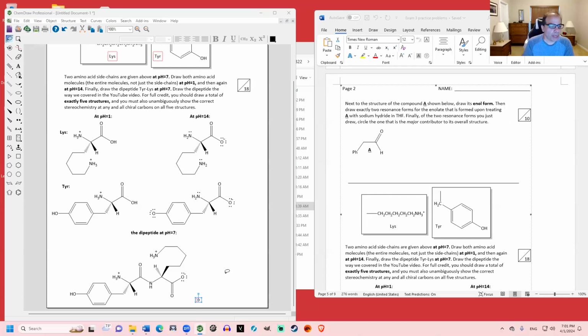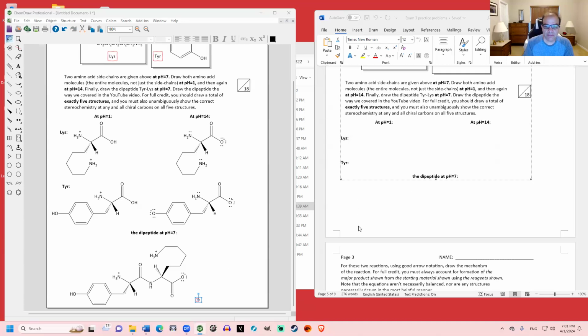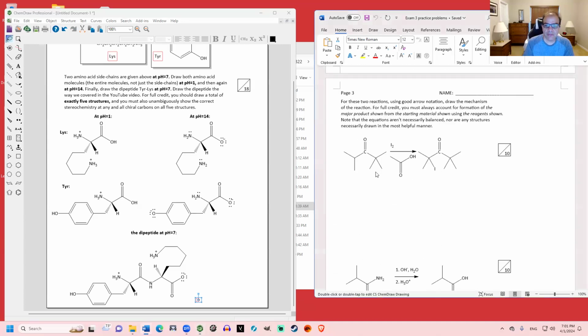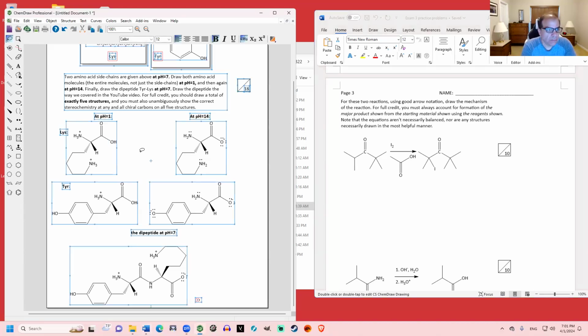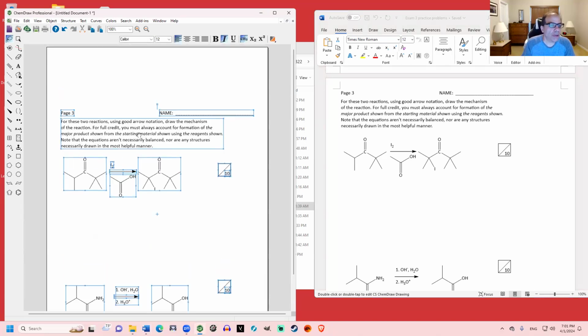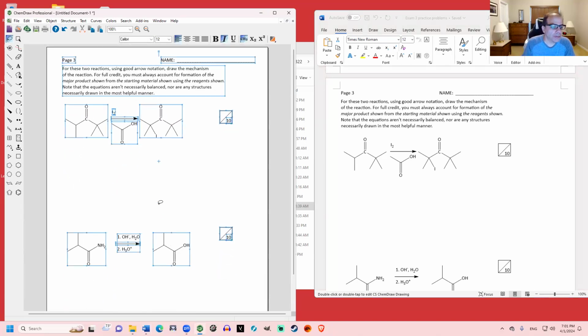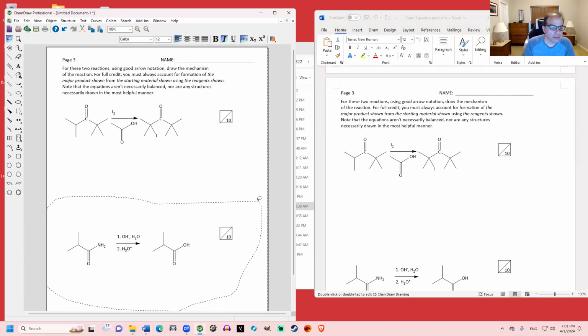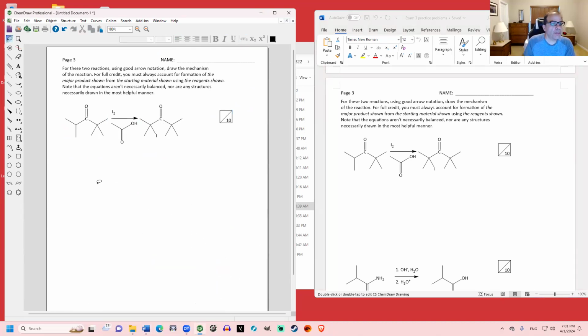Okay, so much for the dipeptide. Questions on that? Next, it looks like we have some mechanism problems. In the first one,